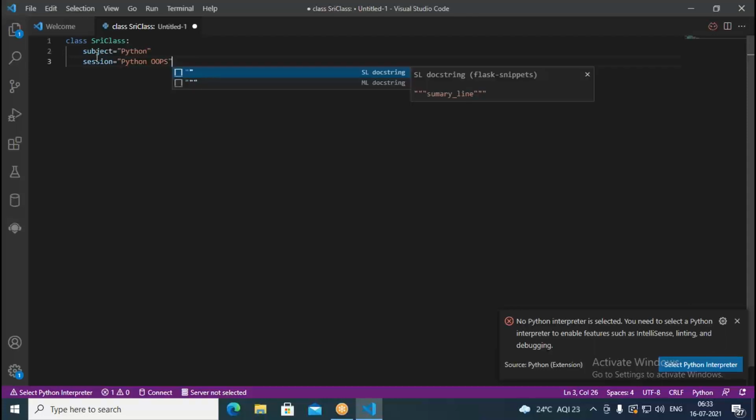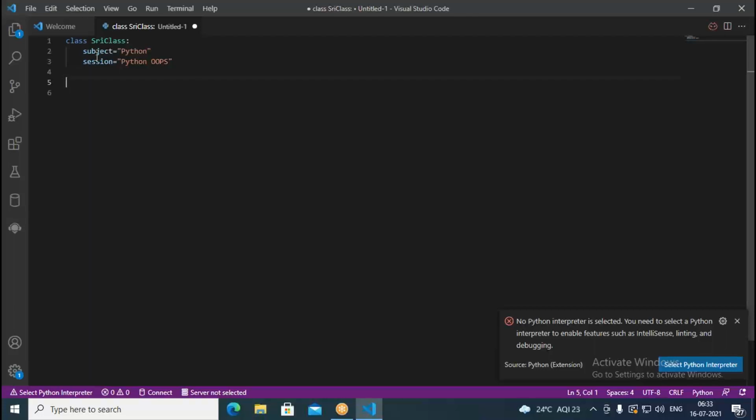So this is called a class. In this class, I have two attributes. What are the attributes? One is subject, the other one is session. Subject is Python, session is Python oops. Now I can create an object like this.